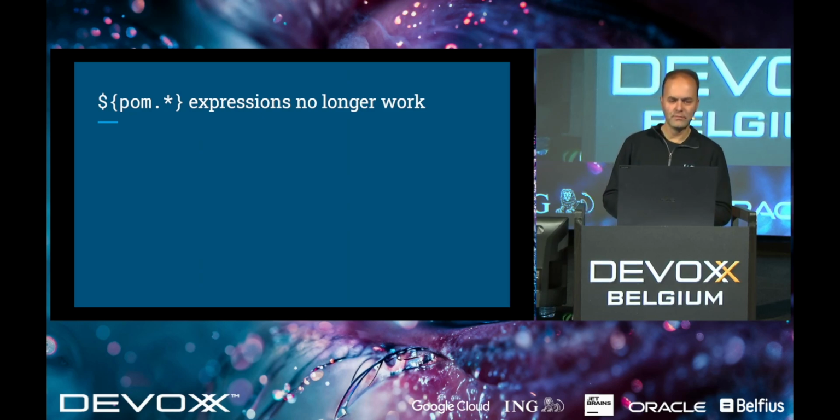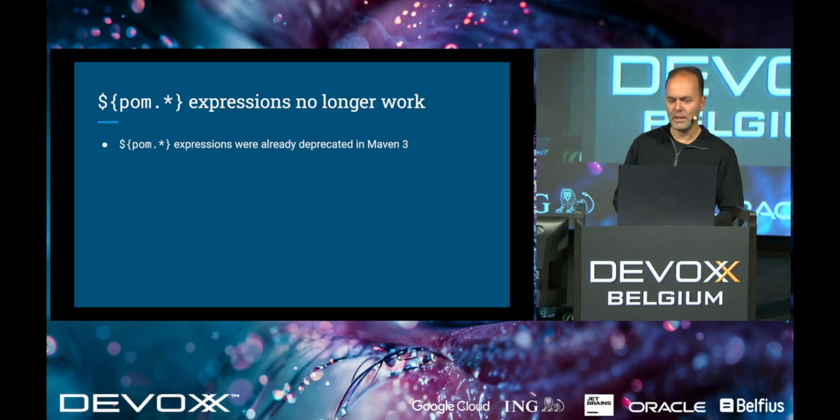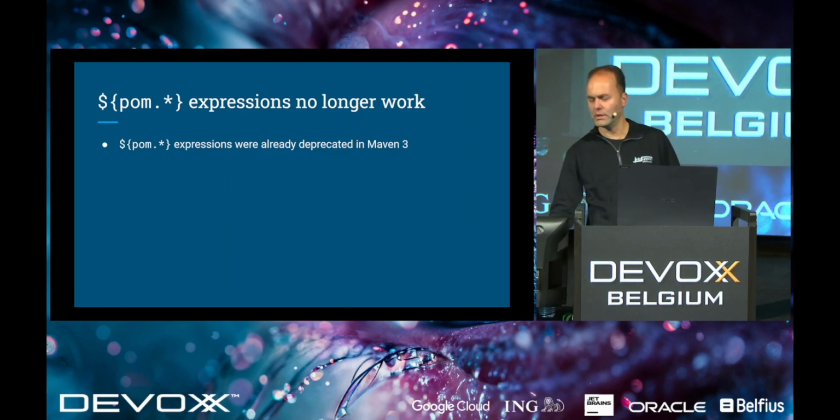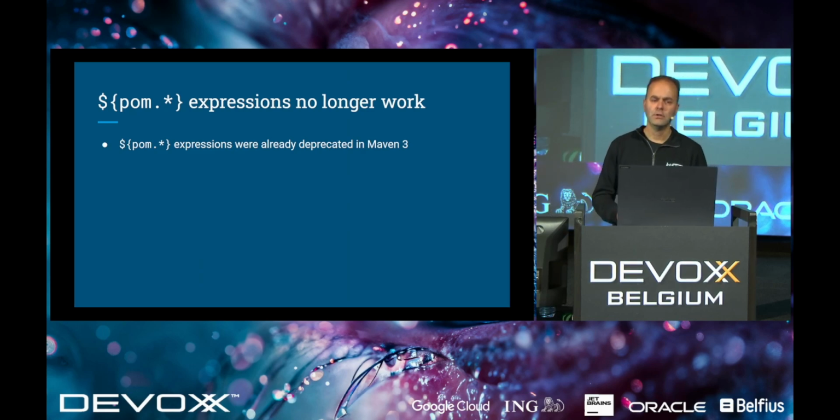Because we decided that Maven 3, the next version would not be Maven 3.10 but 4, we finally had an occasion to remove things that don't work or should not work. And I already mentioned those 4 little friends that say not effective, kept for backward compatibility. Well, here's another example for you. In Maven 3, there was already a change from Maven 2 and probably even Maven 1 to no longer have POM expressions as the primary way to resolve properties. So what you can do inside your pom.xml, you can use this special $curly brace syntax